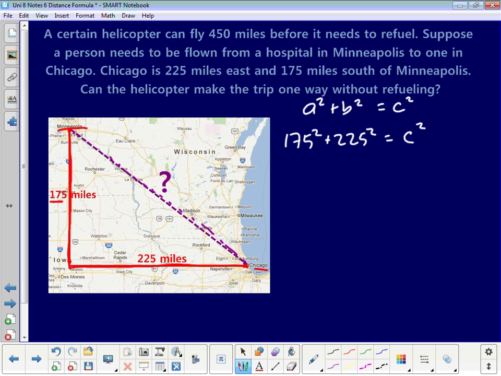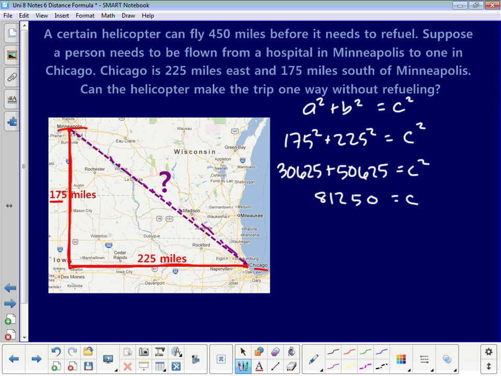So if I plug those in, 175 squared plus 225 squared, I end up with 30,625 here and plus 50,625 there. And then adding those together, I get